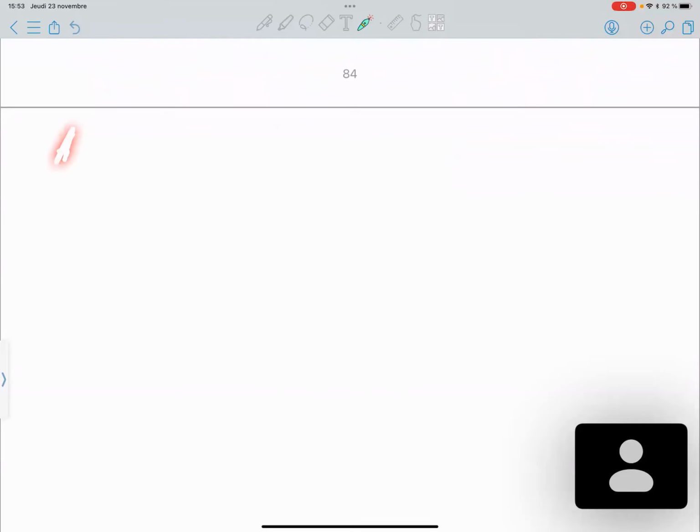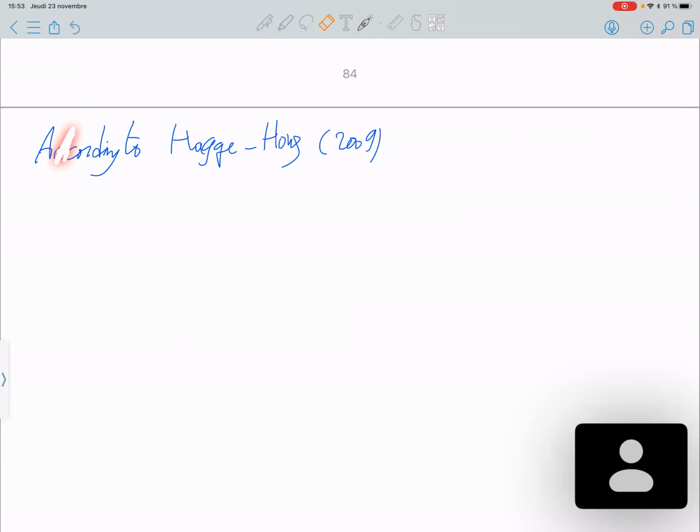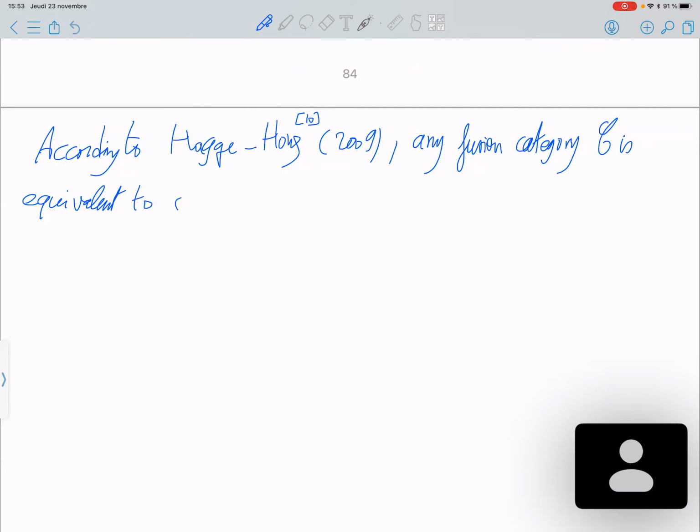So according to a paper by Haag and Hong, a paper in 2009. This paper is mentioned in my paper as reference 10. So according to them, any fusion category C is equivalent to one called strictified skeletal. So remember